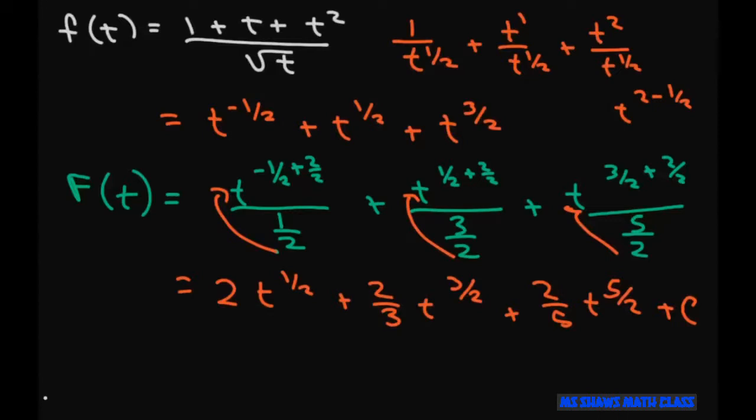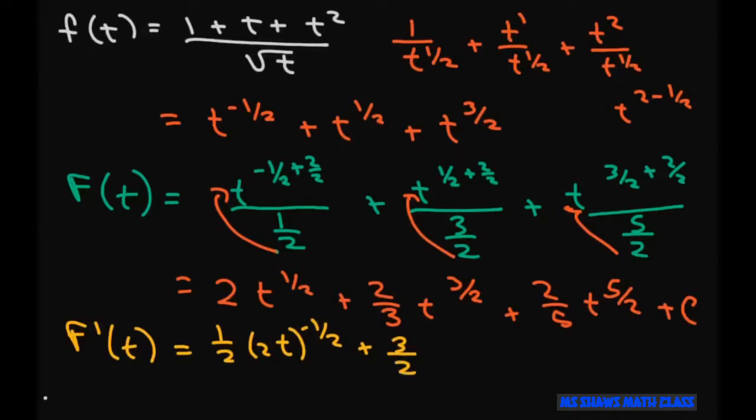And then if you take the derivative of that, to check it, once you take the derivative of f, derivative of t, you're going to get 1/2 times 2t, and 1/2 minus 1 is negative 1/2, plus 3/2 times 2/3 t to the 1/2,